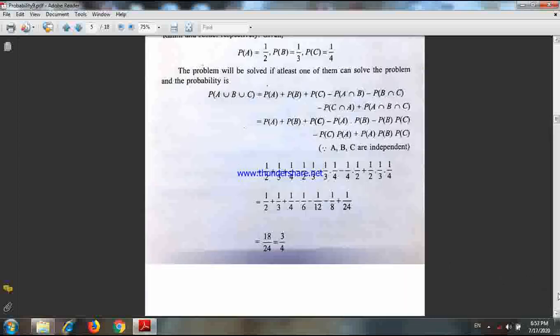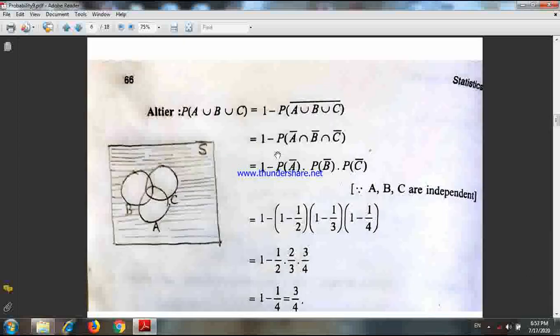Or alternatively, you can use this also. Just draw a Venn diagram. What to find? To find probability A union B union C. Now see in the Venn diagram the area A union B union C. This is the area A union B union C. The white region or the blank region, this is the A union B union C, and this is nothing but